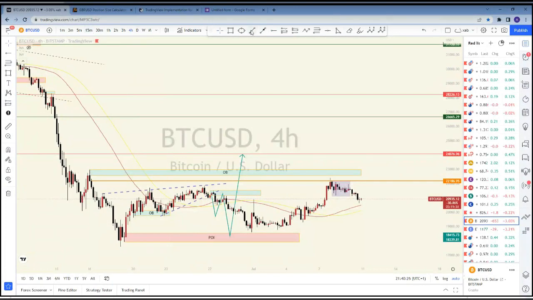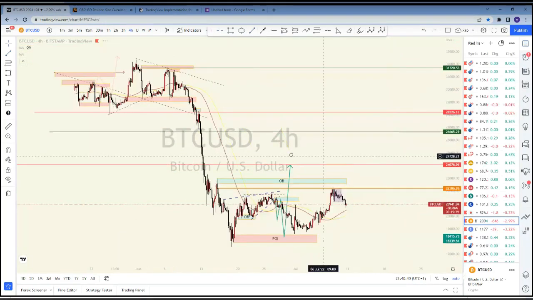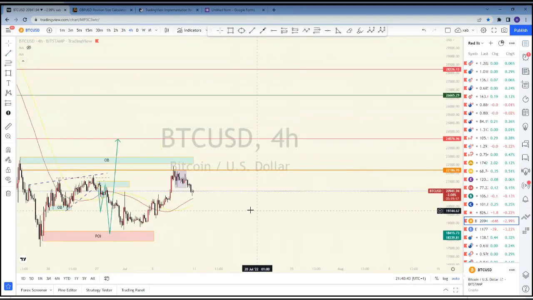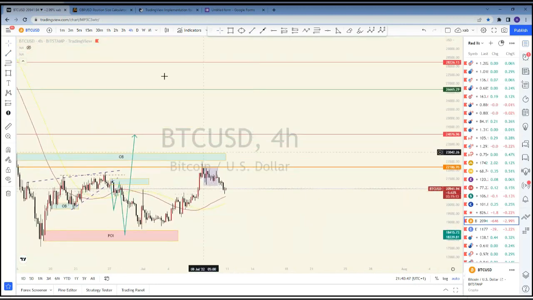All right, but we will see that there's already been equal highs liquidity taken out here. Equal highs liquidity taken out here. So once price stepped into this new order block zone, we had this drop. But as a way for us to know what to expect next from BTC USD, I think we can also see that there is this other block right around here.